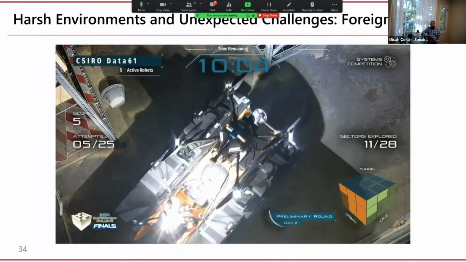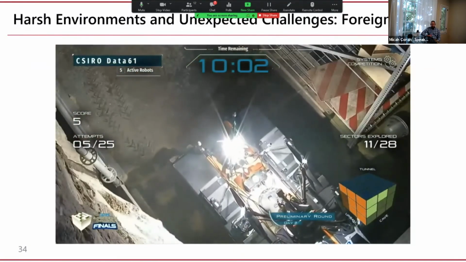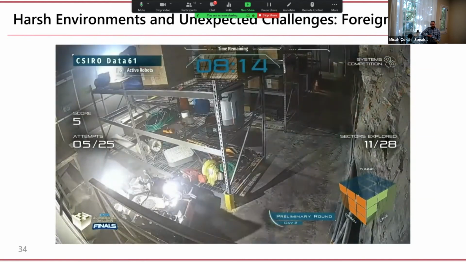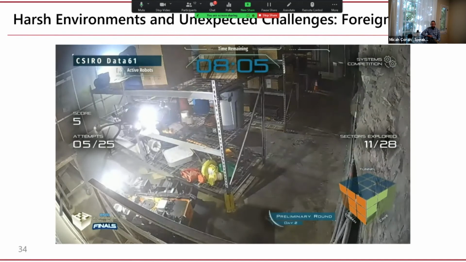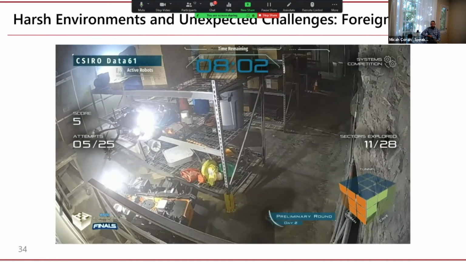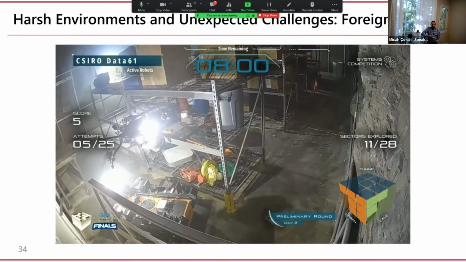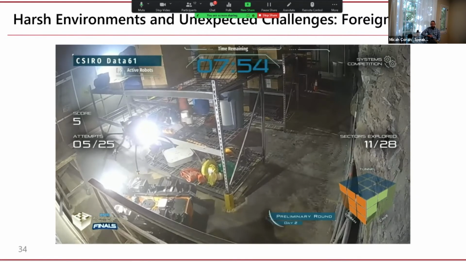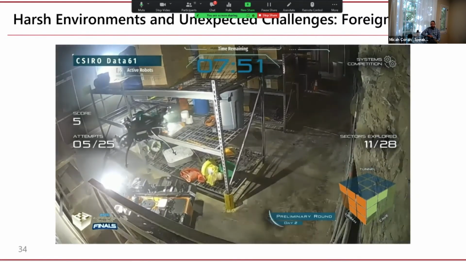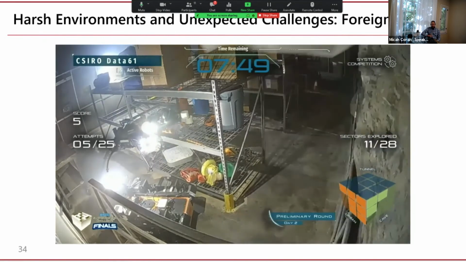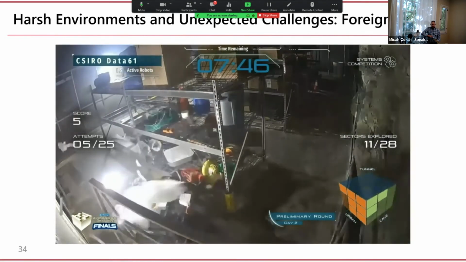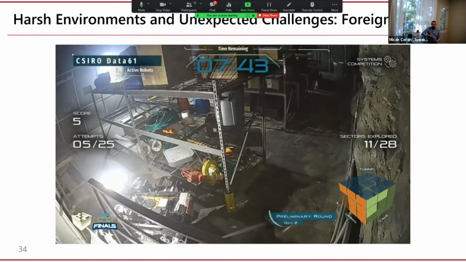As a drone person, one huge shock came with this incident involving Australia's Team Data61. Here, a relatively large drone takes off from a marsupial rover, which is quickly downed by a piece of flying debris. And this was particularly painful to watch because this event occurred in actually one of the few parts of the environment which was open enough for effective drone deployments, and one of the only such locations we'd identified after the first preliminary run. So in a sense, this robot was actually downed in its own home.